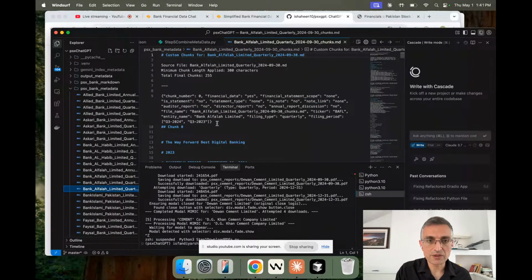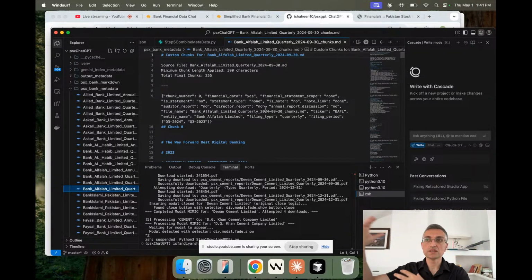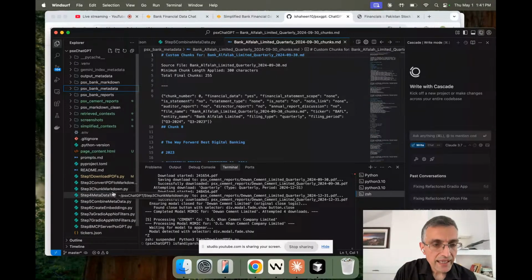So here I combined the filing period, the entity name, the filing type. Basically, think of it almost like a headline on every page of the PDF that's letting a computer search for certain keywords. And then once I'm happy with